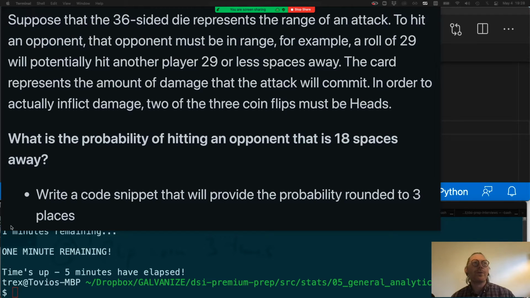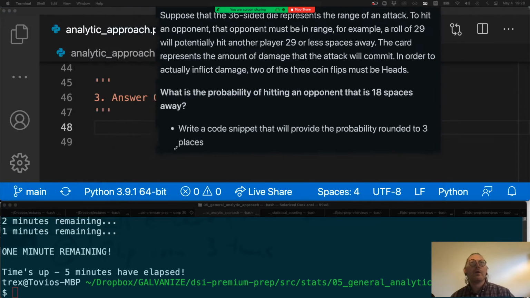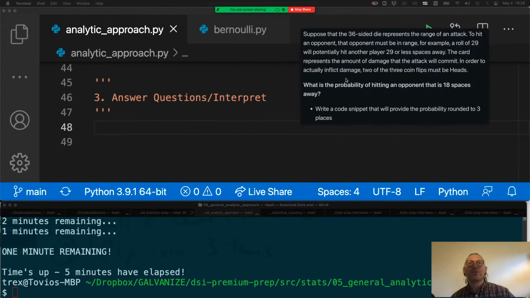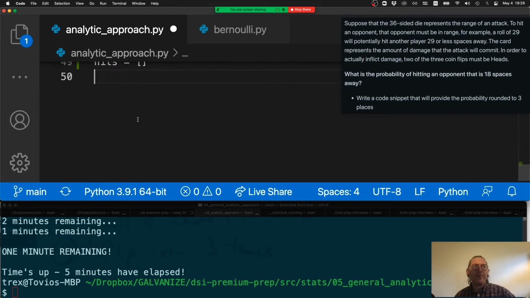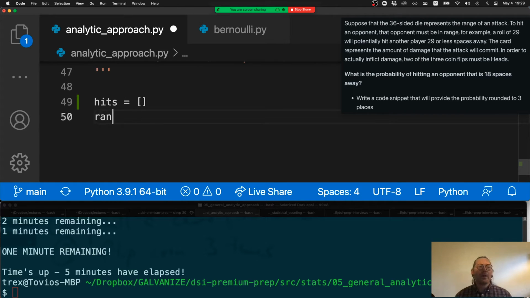Okay, so I'm going to just take us through a solution here to show how we can traverse a sample space fairly simply, and discover the subset and discover a probability from that subset. Okay, so I'm going to collect all the possible hits. Okay, and I'm going to say range to hit is 18,